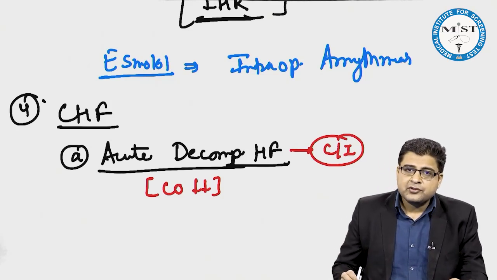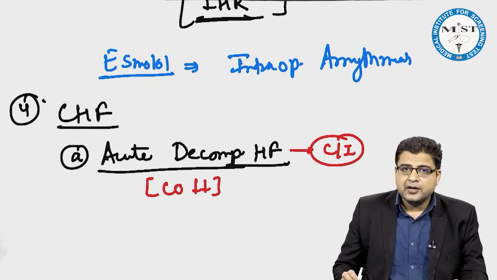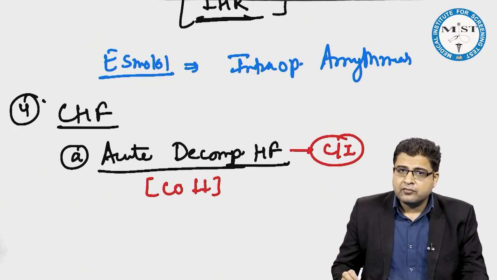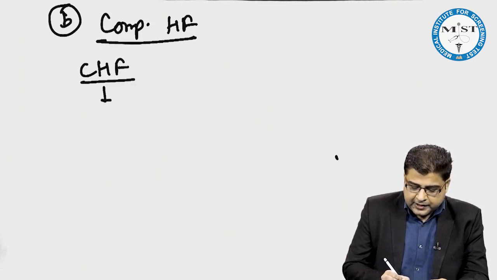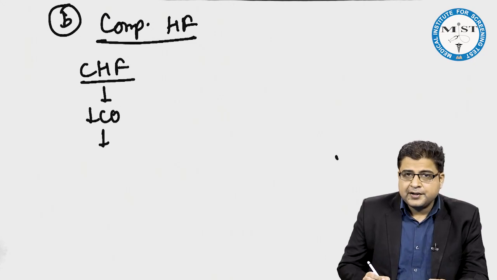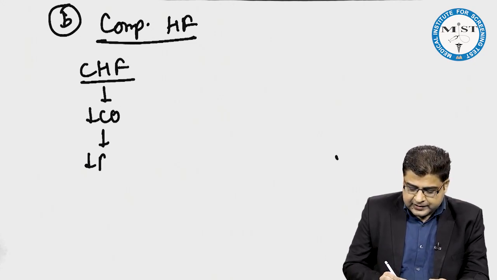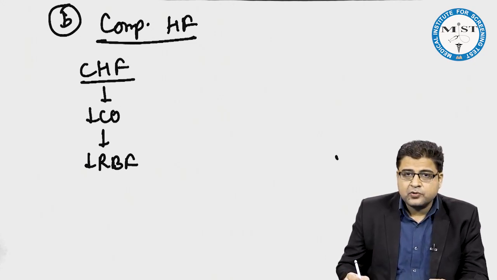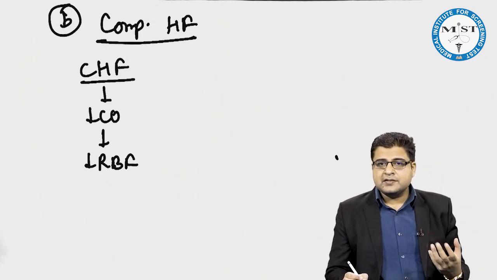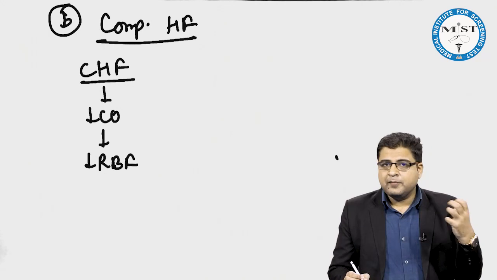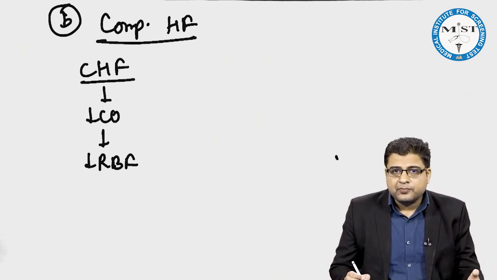But in patients of compensated heart failure, beta blockers are considered one of the first line drugs. So in patients of CHF, we know that cardiac output is low, and when this cardiac output is low, the kidney will get less blood supply. So renal blood flow is less, and as a compensatory mechanism, the kidney will activate the RAS system. We know that the renin-angiotensin system is the one that will retain sodium and water and replenish the blood volume.